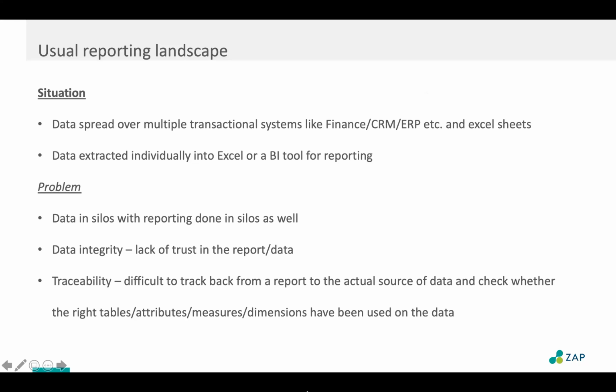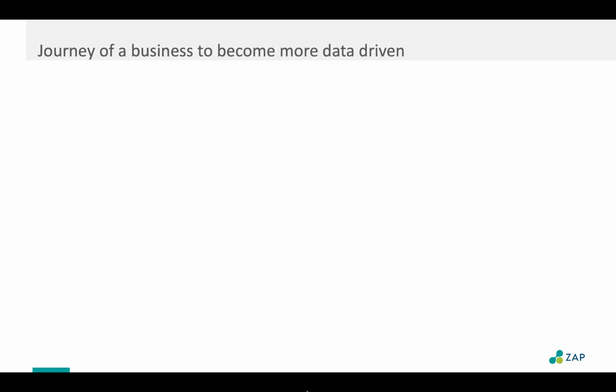Now, if I follow that up, how do we see this journey? How do we see the beginning of this journey, the middle and the end of this journey? And how do you reach that scalable point? Usually, stage one of everything with reporting is, let's report on Excel. And I love Excel. It is a great tool. I can do whatever I want, but there is a problem with Excel as well.